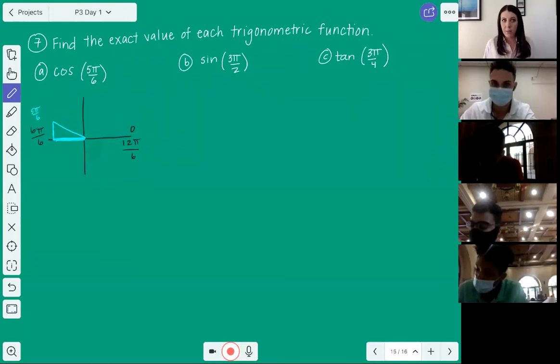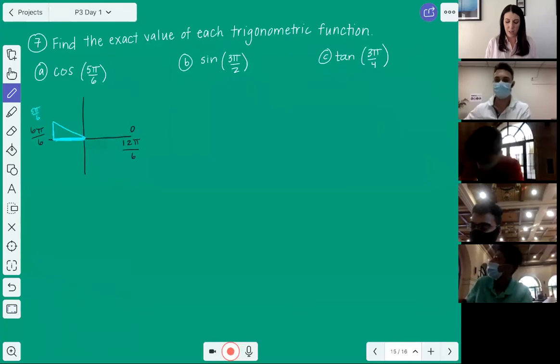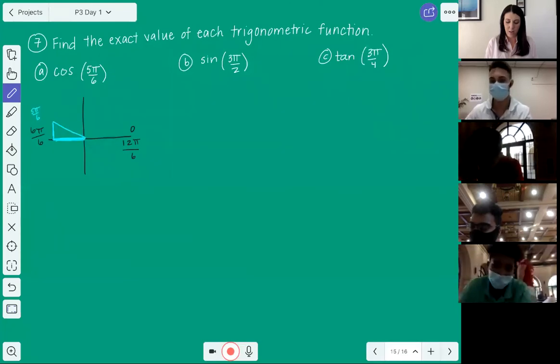Okay, maybe I should use my little spinner app, call on someone. Let's see how we're doing. I tried to give you guys a break and just let you volunteer, but I'm going to call on someone now. Let's go to